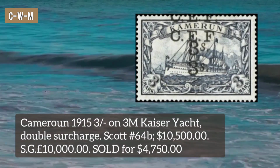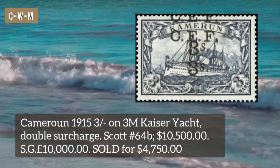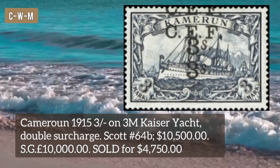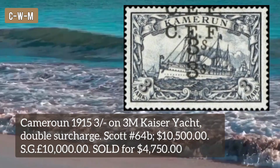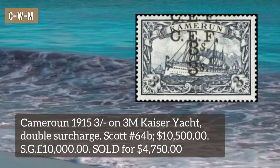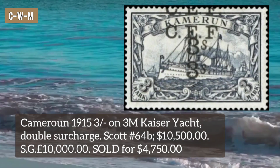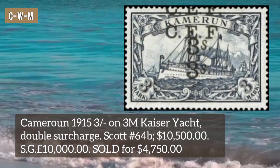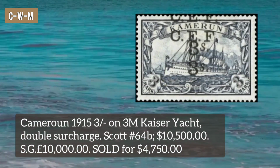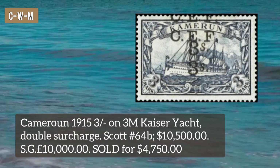$13,500. Cameroon stamp 1915 3 shilling on 3M Kaiser Yacht double surcharge. Two distinct overprints, well centered, strong color, original gum, very lightly brownish, a couple minor creases, otherwise very fine, a very rare error, with only one sheet of 20 stamps printed. Accompanied by APS and BPA certificates, Scott number 64P and the price $10,500. Stanley Gibbons price 10,000 British pounds and sold for